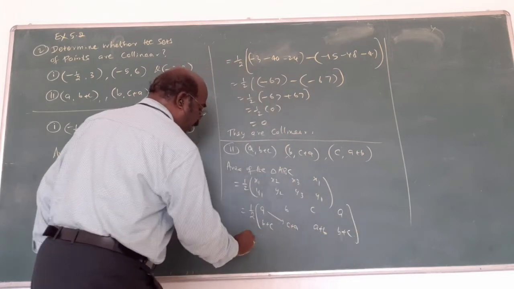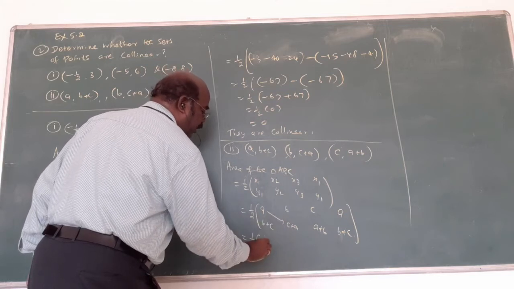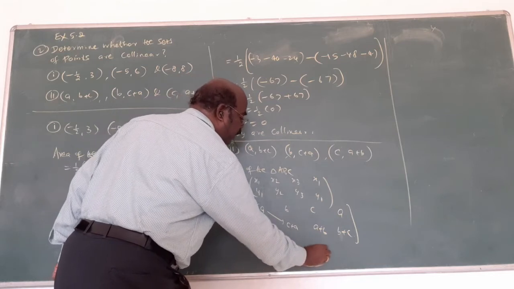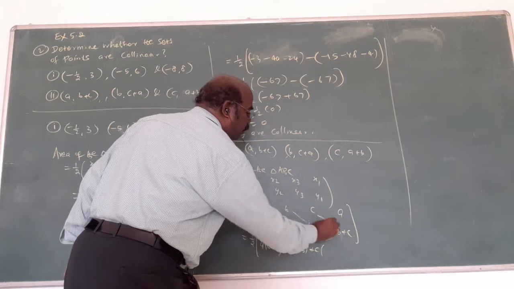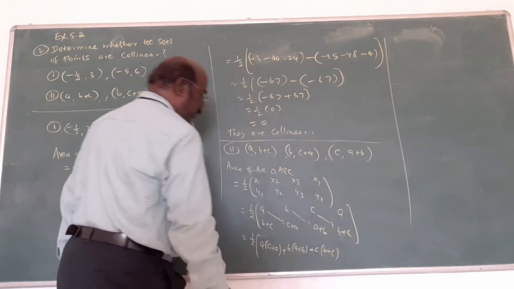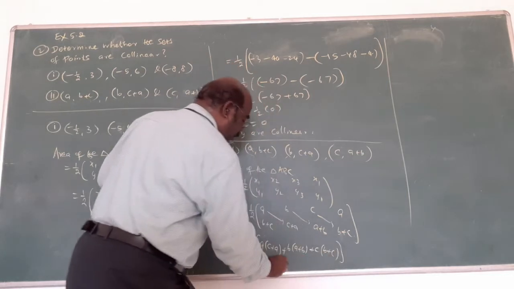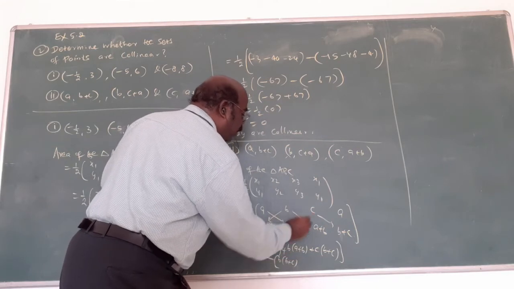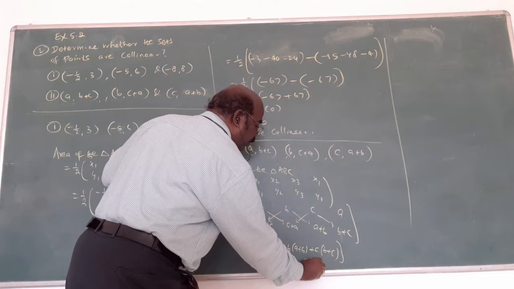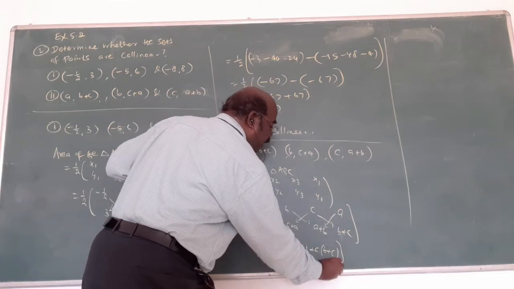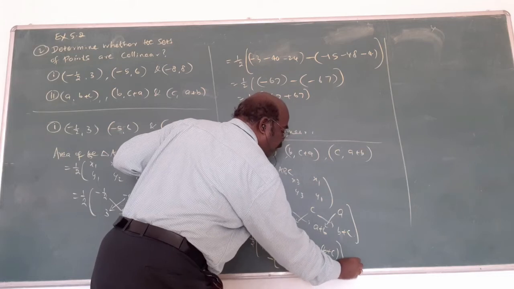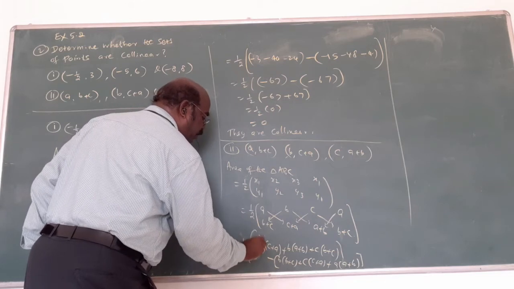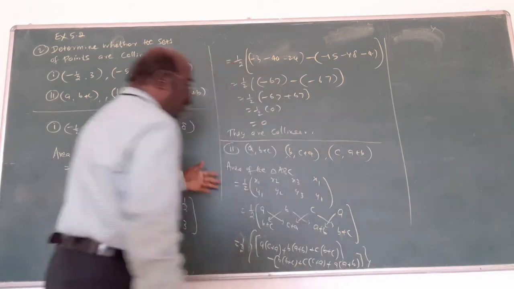Am I right? Now, listen here. A into C plus A plus B into A plus B plus C into B plus C. Am I right? Now first of all, minus again B into B plus C plus C into C plus A plus A into A plus B, close the bracket. The whole thing is what? Simplified. Now multiply, we get the answer.